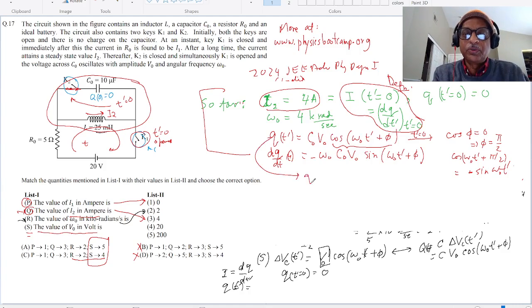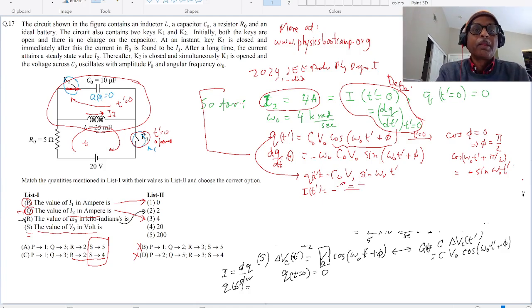So this q becomes c0 v0 sine omega 0 t prime, and this I of t prime will just become minus omega 0 c0 v0 times cosine omega 0 t prime,